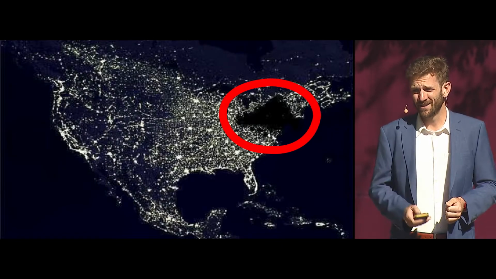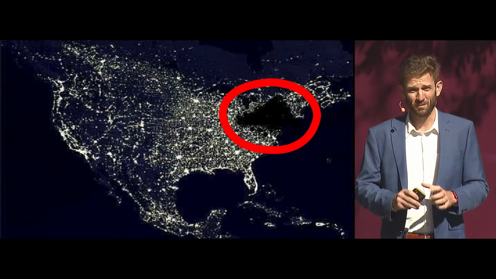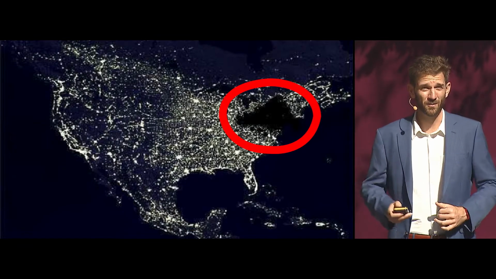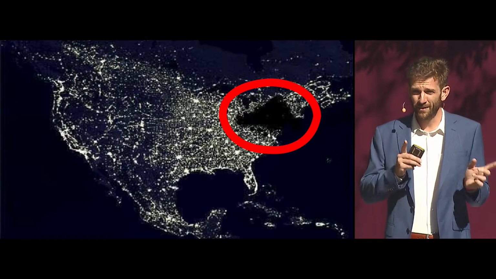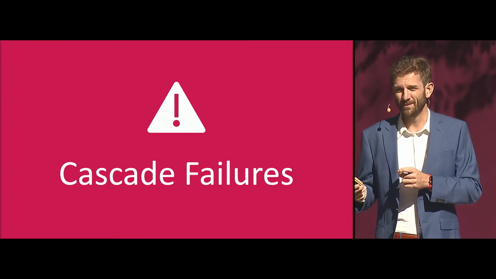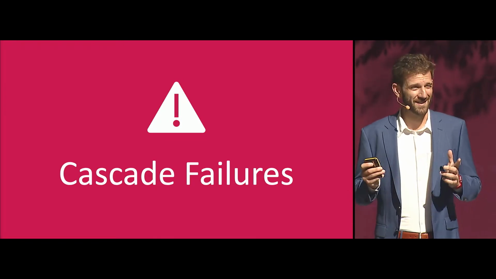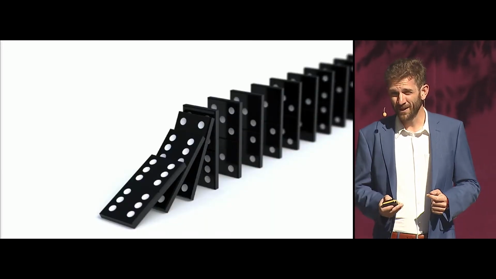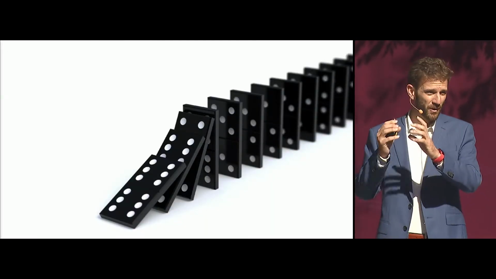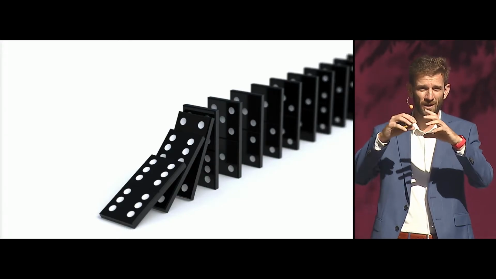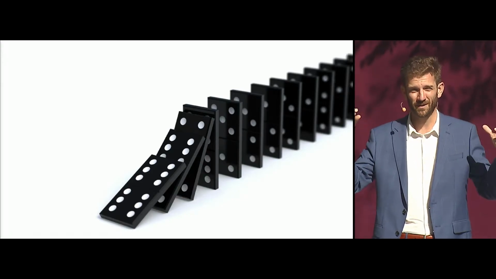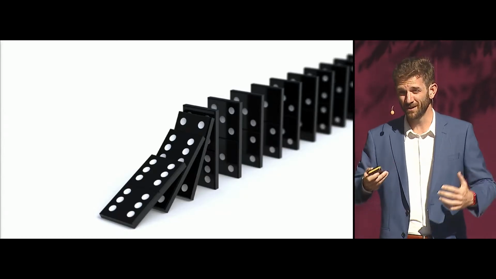And I also want to highlight the 2003 Northeast blackout that blacked out 55 million people in the Northeast region of the US. The thing that these three examples have in common is they were all instances of what we call a cascade failure. A cascade failure is what it might sound like. It's when one component fails and that failure propagates to other components adjacent to it in the system or other systems adjacent to the failing system.